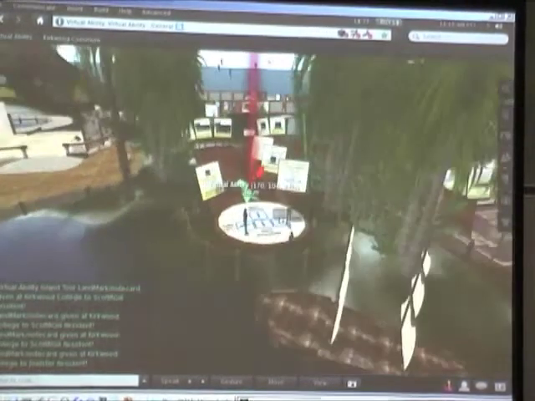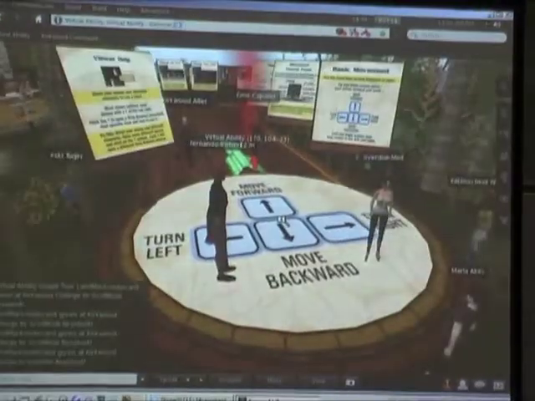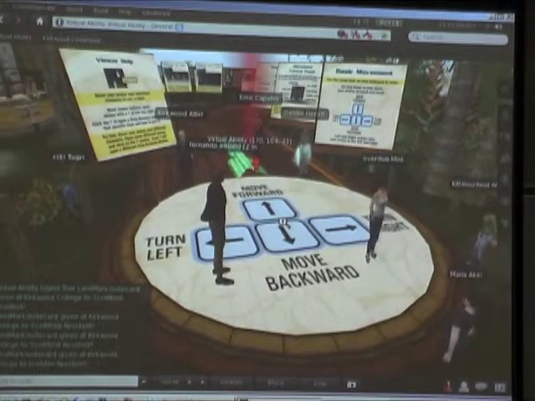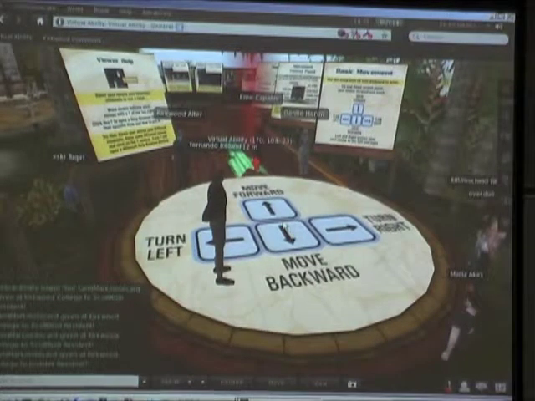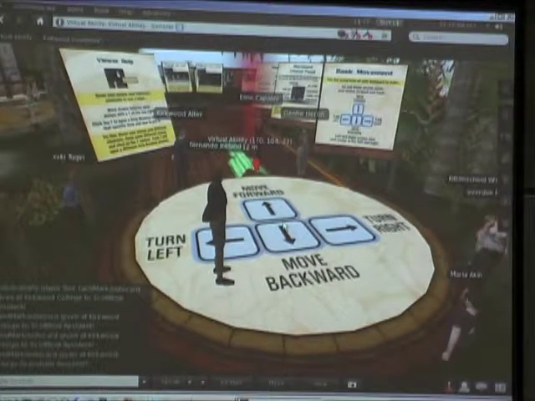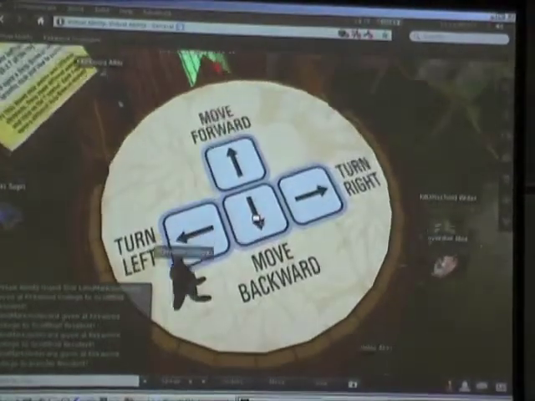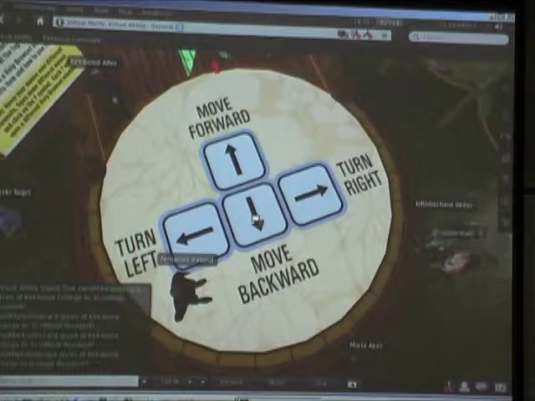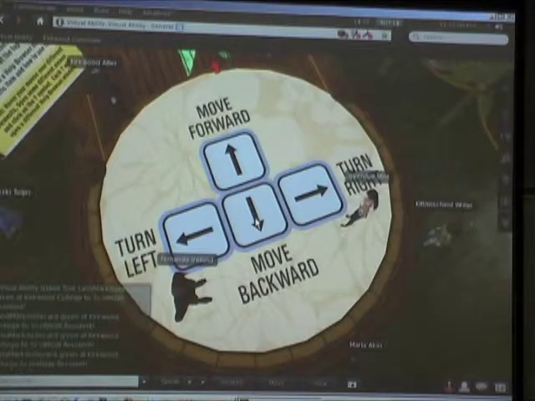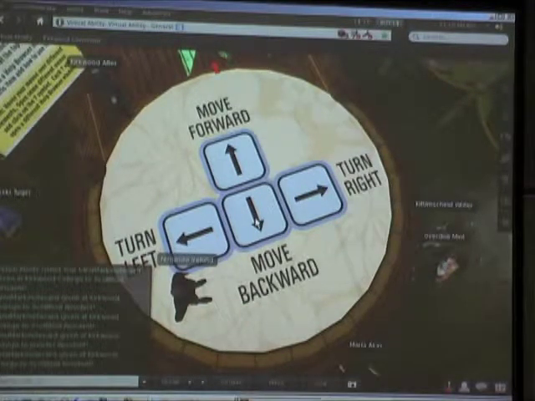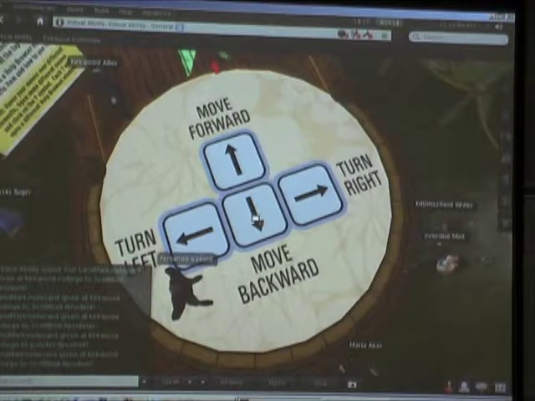Anyway, we've landed at the beginning of the orientation path, and if Kip can show the graphic that's on the ground there, we put that to start with so that anyone that lands can see that and immediately learn how to move their avatar.